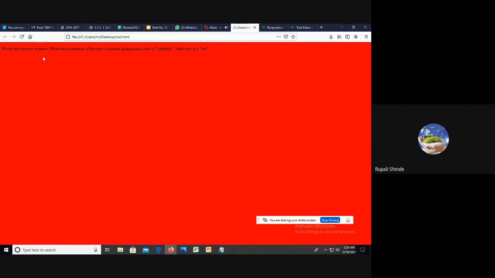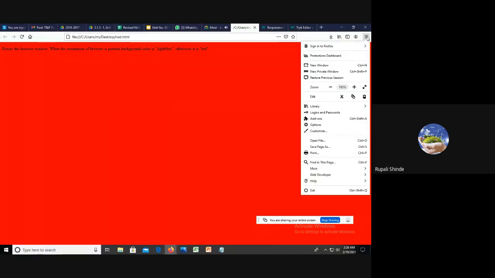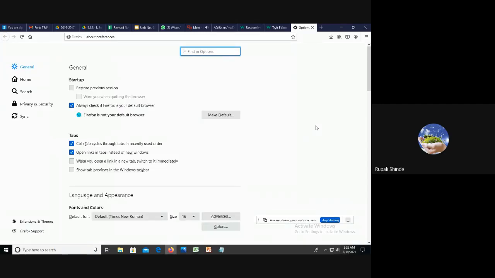Okay, because the browser orientation is landscape, that's why it is in the red color. Can we change the orientation of the browser here? Let's go to the session. I think we have a property where we can change the orientation of the browser also.